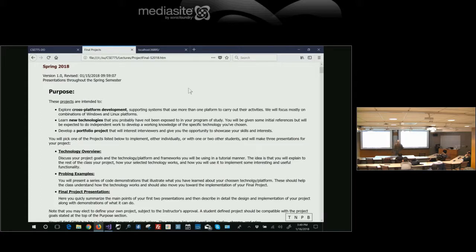The intent is that it's a tutorial, but it also describes your project, what you're going to do with it. So the issue isn't just learning this technology, it's doing something useful with it. And so I want you to specify, here's the project that I want to work on. And I got a big long list of suggestions here for that.